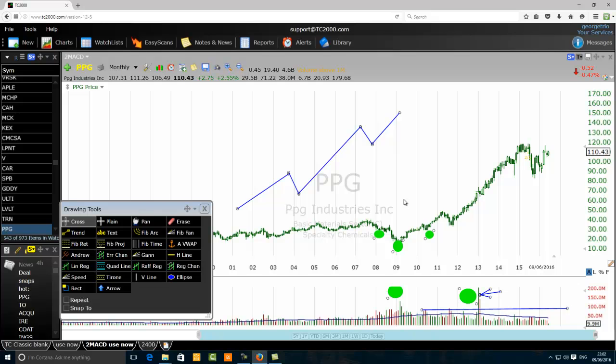We have three motive waves: the first wave, the third wave, and the fifth wave. The second and the fourth waves are corrective waves. But during the normal Elliott wave analysis, the fifth wave is the shortest motive wave, and the third wave is